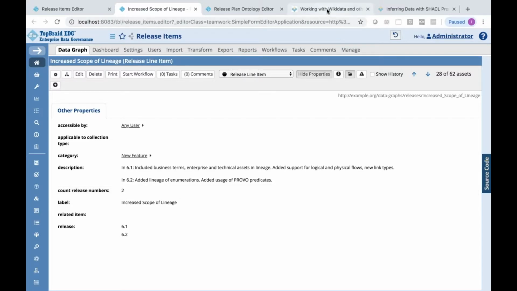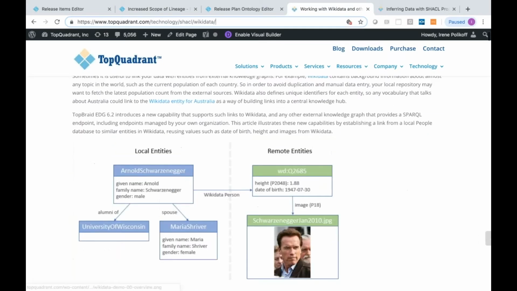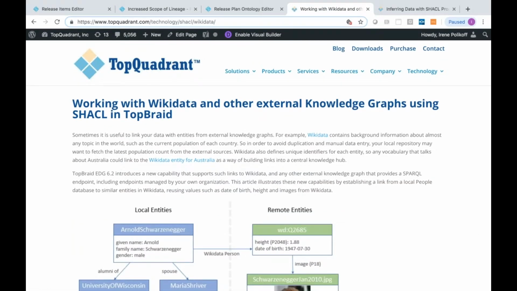Another interesting feature, for which we have a web page describing it, is integration with external knowledge graphs. So increasingly, other organizations provide information in the form of knowledge graphs. Wikidata is one example, but there are also quite a number of others.